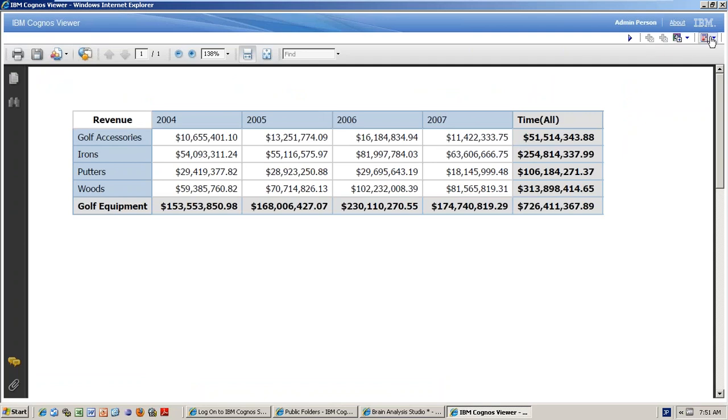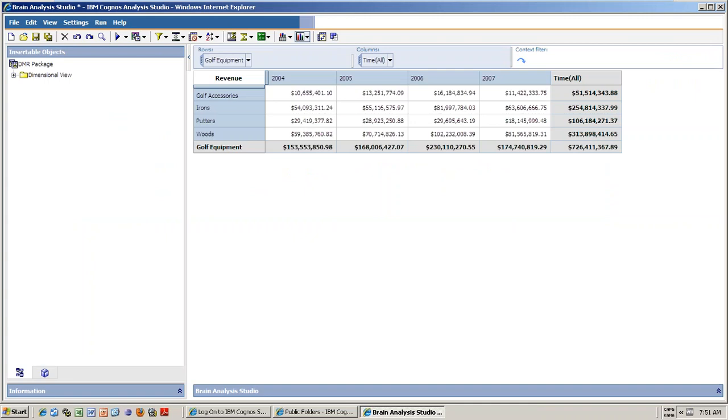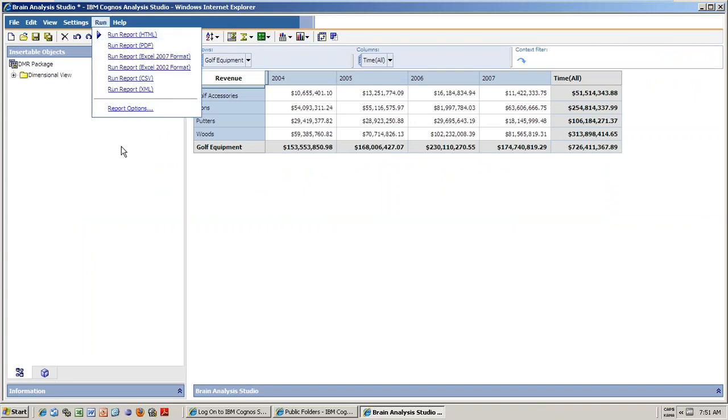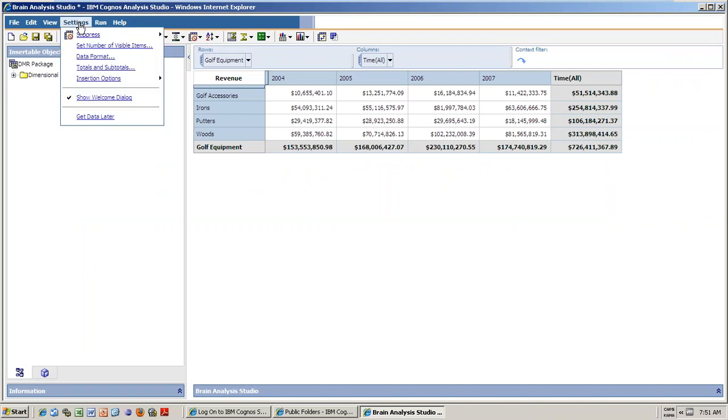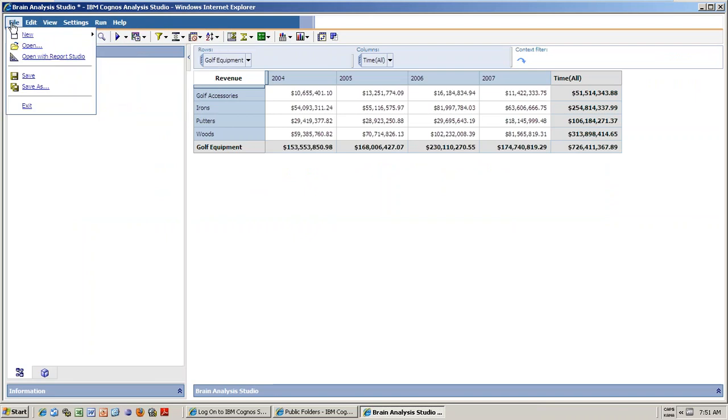And from here also you can go back and open in any other formats. And you can see these are also the same thing. If you click here or here, same concept. Settings, nothing. Data format, set number of visible elements, everything is the same. We already know that.